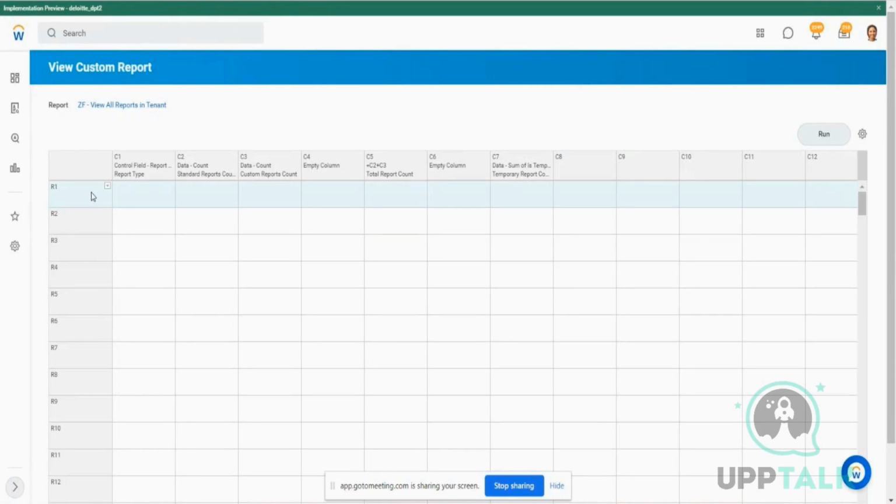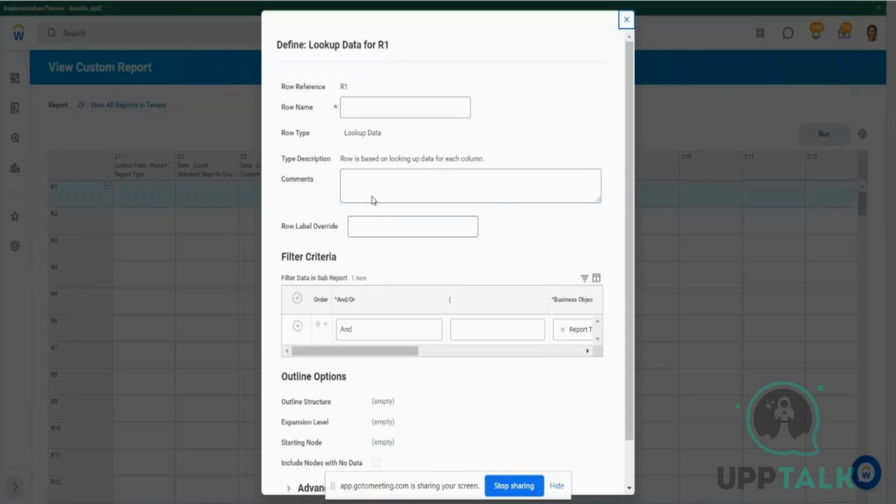So here now I can go to row and define a lookup data. So what is lookup data? A lookup data is basically similar to my VLOOKUP or any filter that I want to define. So here as well I can do a calculation. I can insert an empty field or empty row, but I want to do a lookup data. Okay, here I want to call it advanced,